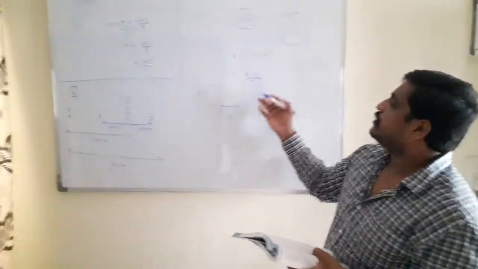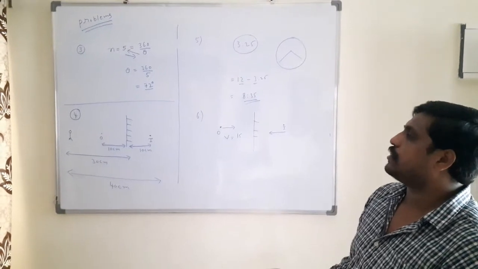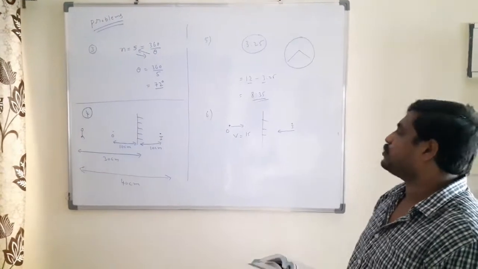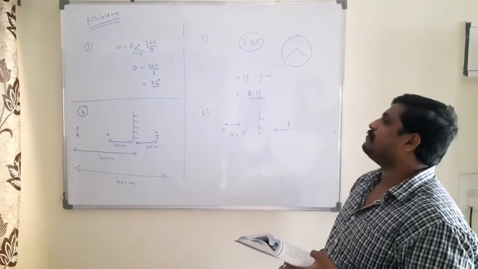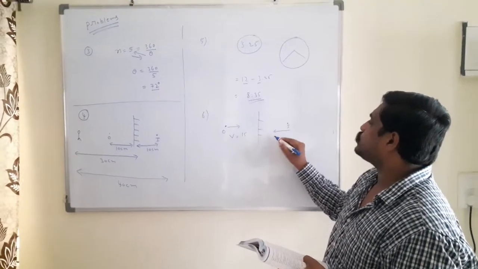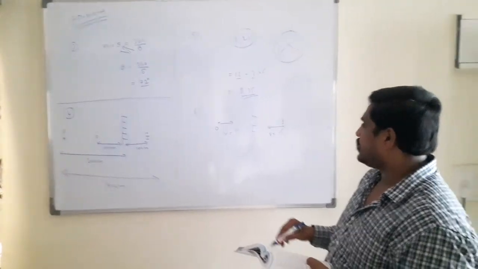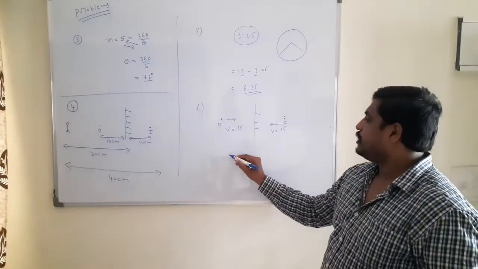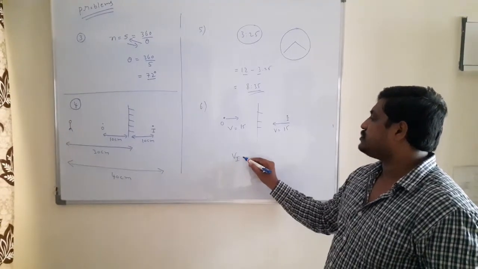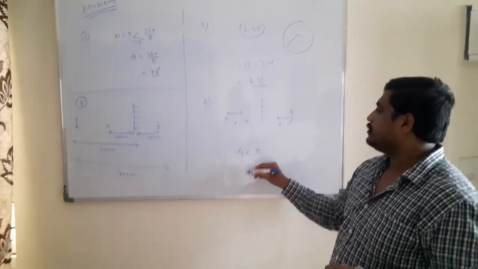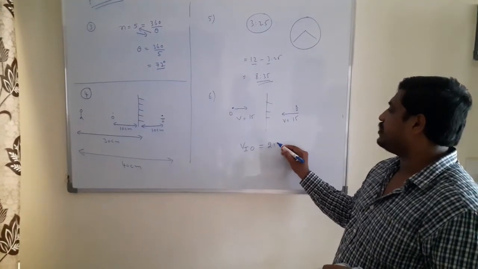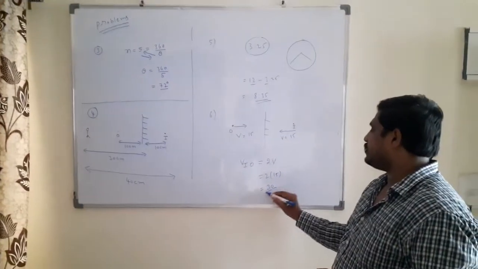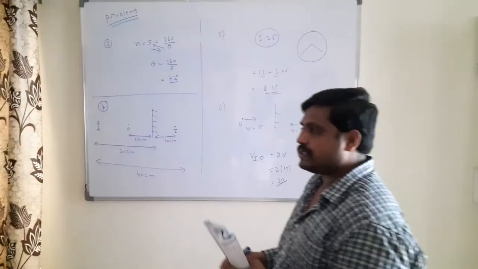According to the concept, the distance of the object from the mirror equals the distance of the image from the mirror. Differentiating on both sides, the speed of the object towards the mirror equals the speed of the image towards the mirror. This is also 15. That means the speed of the object equals the speed of the image. The question is the speed of the image with respect to the object, which was determined in the previous class. Finally we get 2v, here 2 into 15, which is 30. Okay. Next problem I will discuss. Look here.